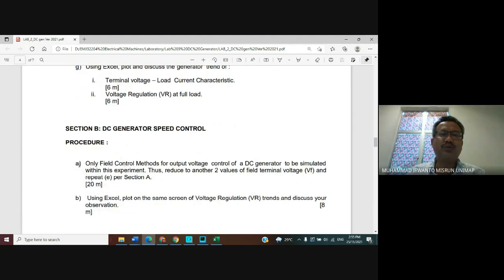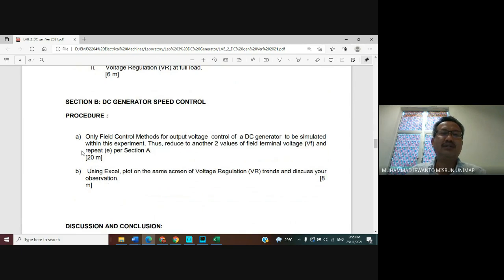This is only two procedures. For session B, the procedure is to control methods for output voltage control of a DC generator to be simulated within this experiment.